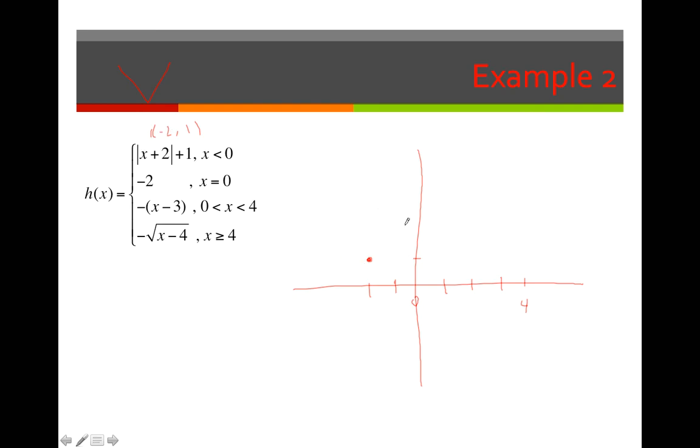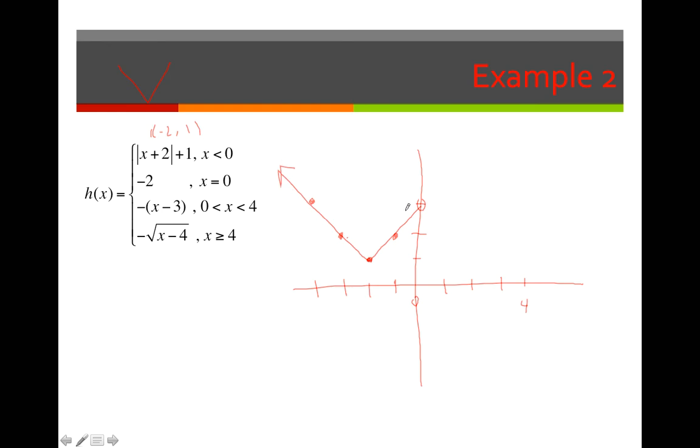So the slope is 1. So I'm going to go right 1, up 1, and right 1, up 1. But I'm going to have to open dot because it does not exist at x equals 0. And I'm going to do the same thing on the other side. So this 1 slope is what I'm dealing with. There we have our absolute value,